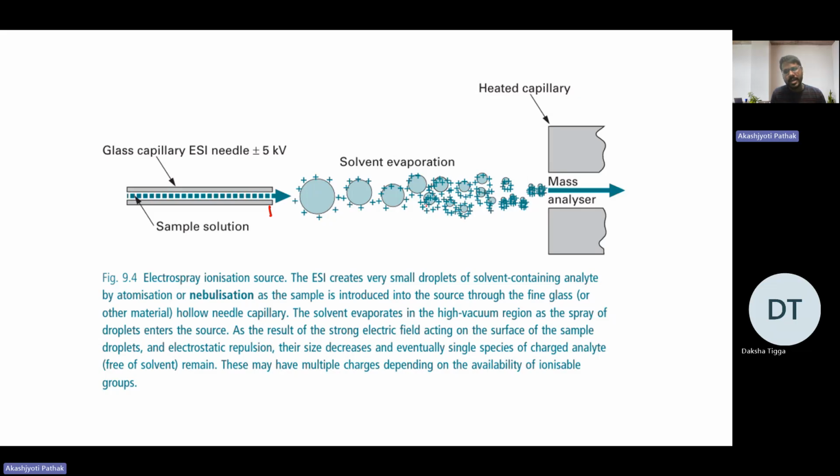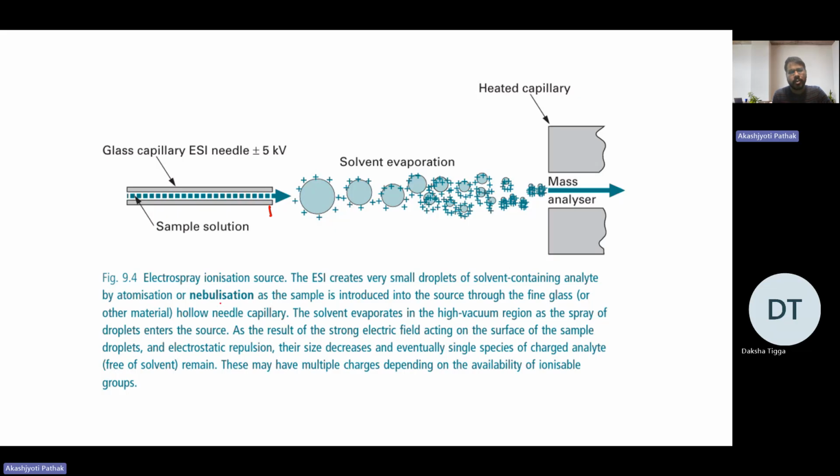Now, as it moves through this mass analyzer, the solvent molecules start to evaporate, and the ion is now present in the gas phase. So that is what electrospray ionization is. So ESI creates very small droplets of solvent. You see here, there are very small droplets of sample which contain solvent. And they have been produced by this method of creating very small droplets of solvent containing analyte,